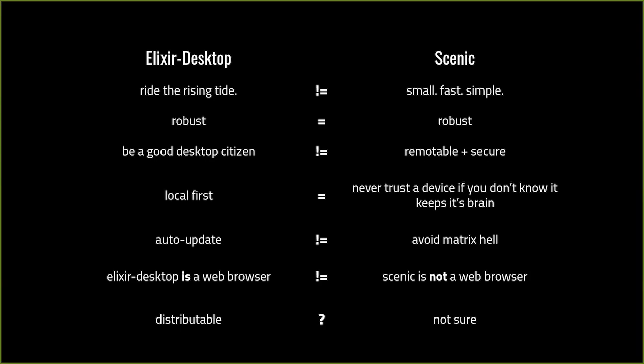So Scenic has this goal of being small, fast, and simple, so you can deploy it even to small IoT devices on embedded chips. And that's really a non-goal for Elixir Desktop. For Elixir Desktop, we want fat HTML apps, web apps that use LiveView and all the good stuff that comes out of Phoenix and LiveView. That goal of being minimalistic and not having a browser and not having any extra stuff is definitely not an Elixir Desktop goal. It's the opposite of that.